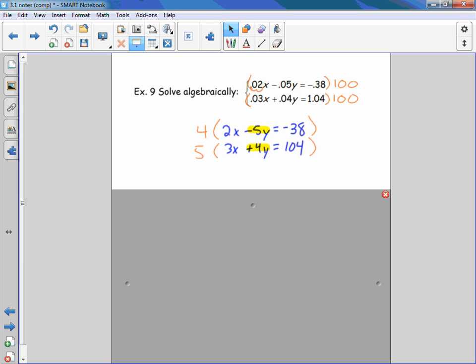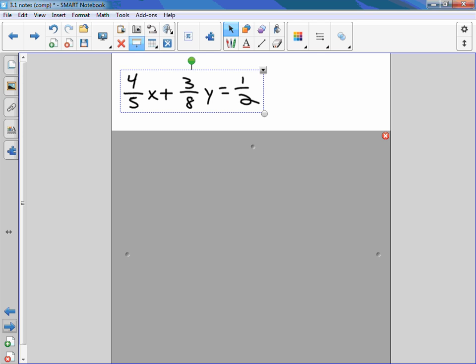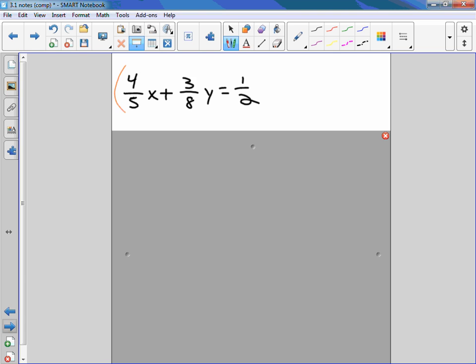One other thing that is not on your notes that I want to address is, what if you have fractions that you have to deal with? You can deal with the fractions accordingly, but if this was one equation that's part of the system, most people would want to get rid of the fractions, and that's what I would probably do. So if this is like the first equation that you're dealing with, what you need to do is find the least common multiple, or just a common multiple, between 5, 8, and 2. If I'm dealing with that largest value, 8, and I think about I have to compare that